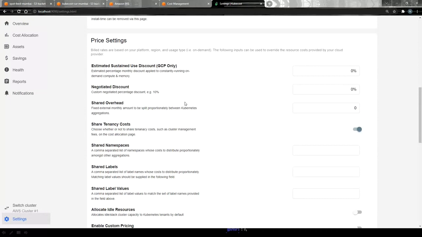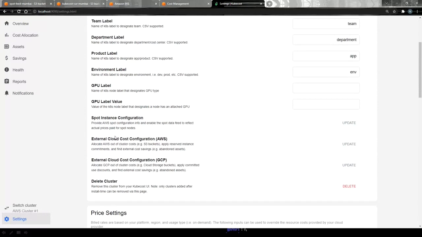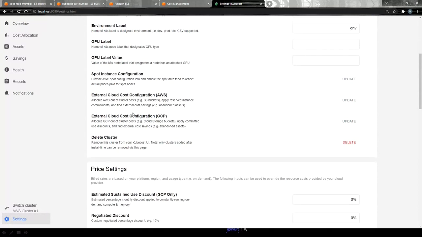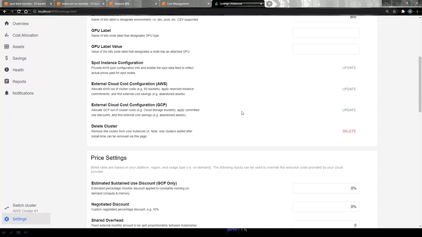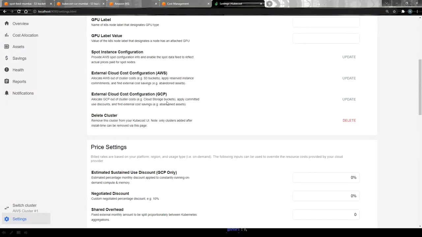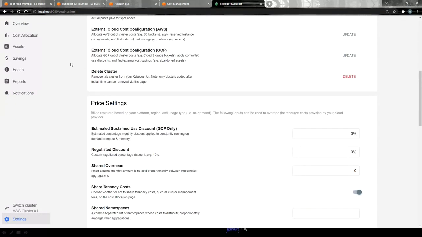If you are using AWS, you can provide the cloud cost configuration. By default, it automatically collects the billing reports from S3, but you can also provide a separate bucket for that. If you're using other third-party cloud vendors, you can configure this in the same way because this is cloud agnostic.